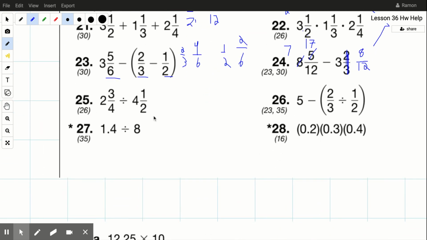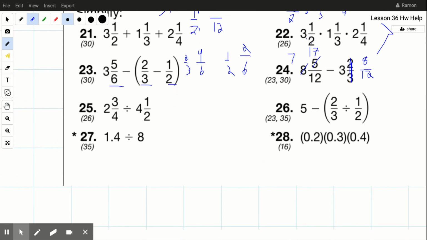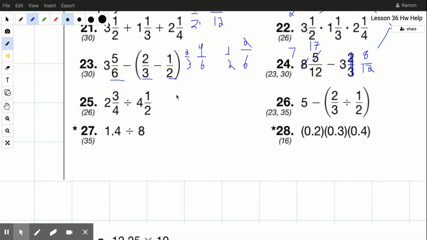For 25, similar to what we did for 21, or 22 rather, both of these have to be improper fractions. So 2 times 4 is 8. 8 plus 3 is 11 over 4. And then divided by 4 times 2 is 8. 8 plus 1 is 9. So we have 9 over 2. And then what you want to do is change the division to multiplication and then reciprocate. And then multiply and simplify, or simplify and multiply. 26,